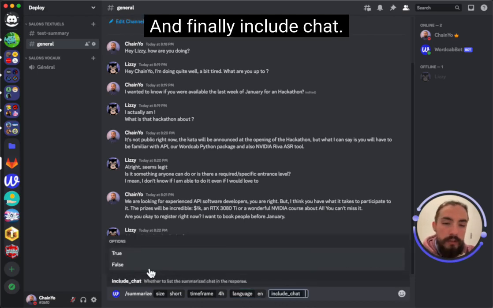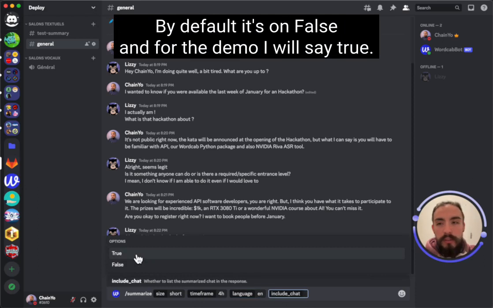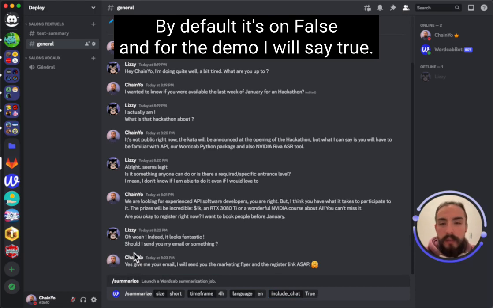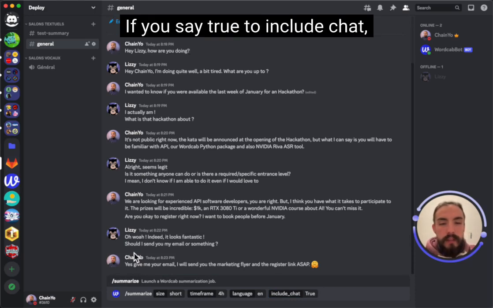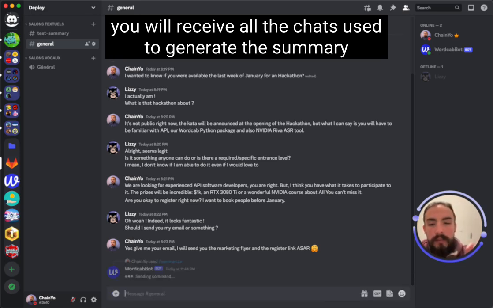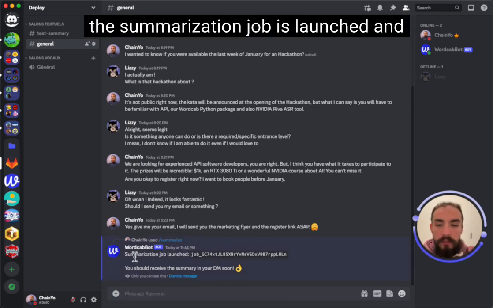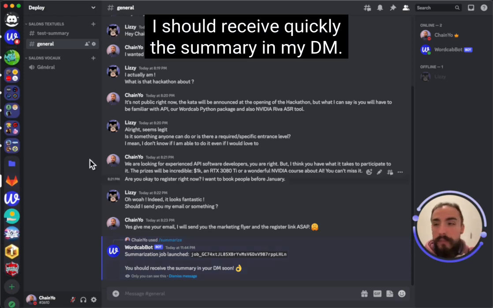And finally, include chat could be true or false. By default it's on false, and for the demo I will say true. If you say true to include chat, you will receive all the chats used to generate the summary. So here it is, the command is launched, the summarization job is launched, and I should receive quickly